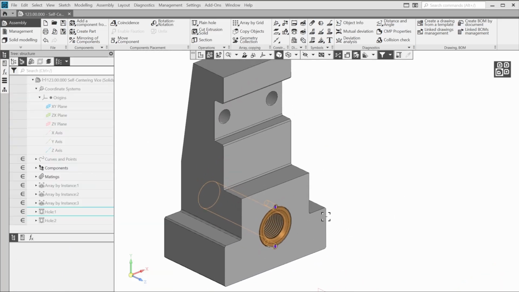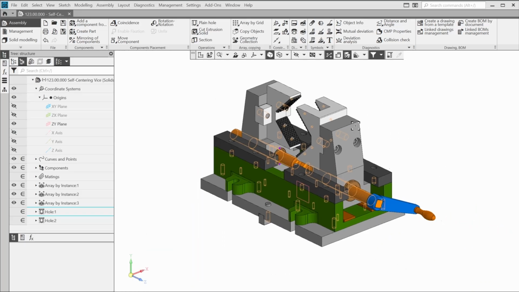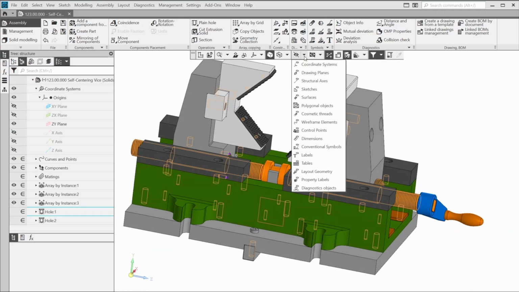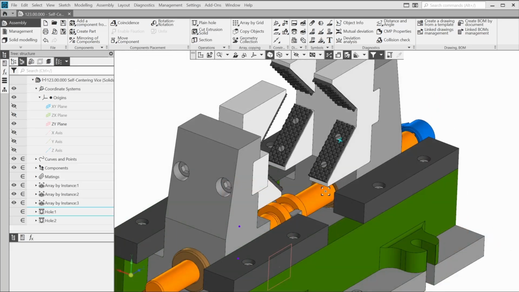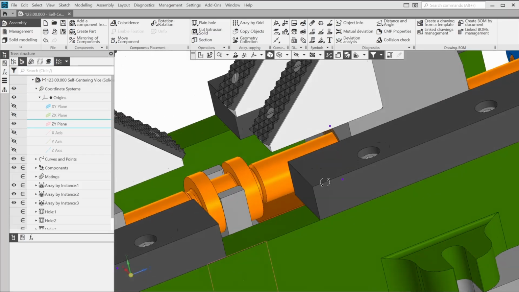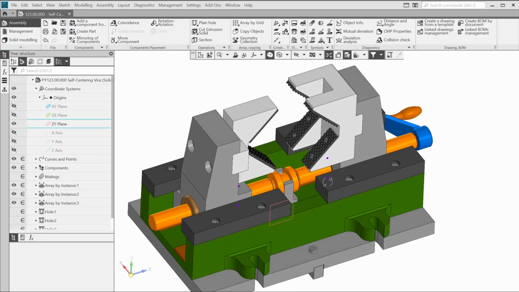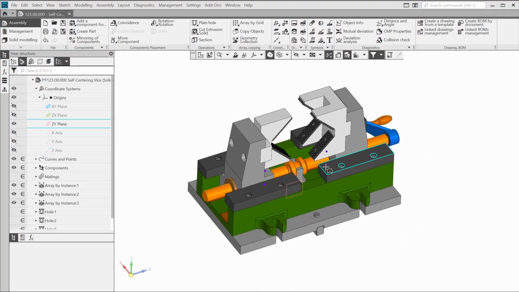We've finished with this part, so we can exit the isolation mode. To do this, click the mode icon. We need to create identical holes and insert the screws at the other side for the second nut and the second jaw. Try to do it yourself. Use the same method we've just practiced. And of course, if you encounter a problem or want to verify your work, you can find the file with the result in the File tab of the course page.